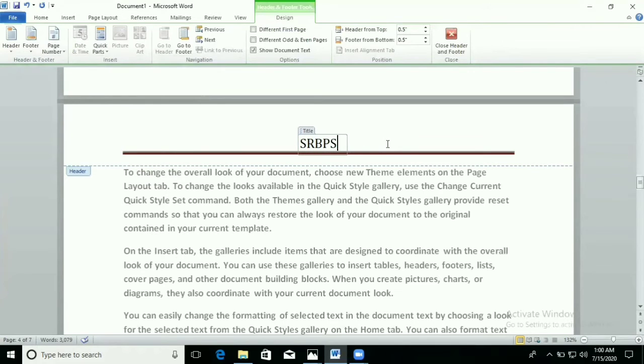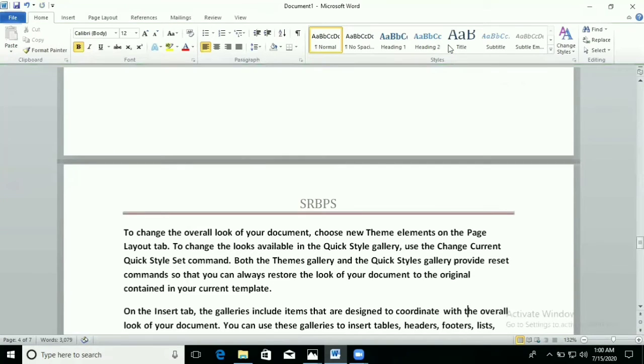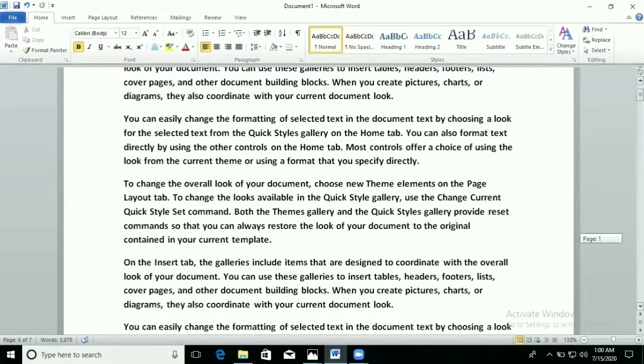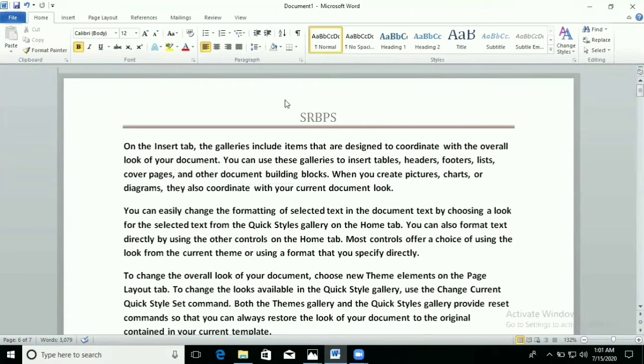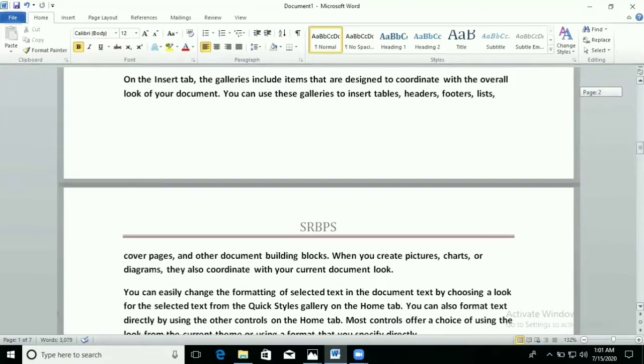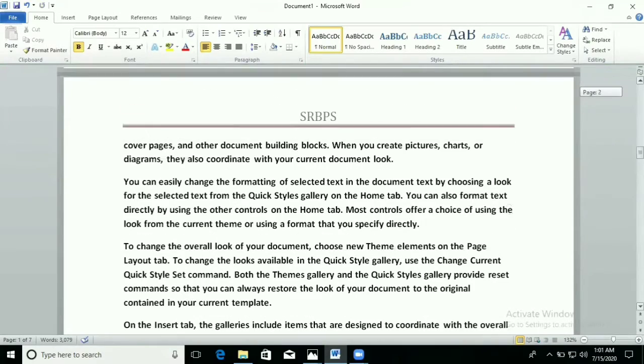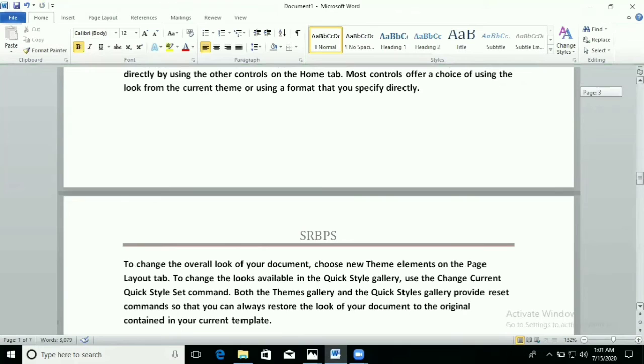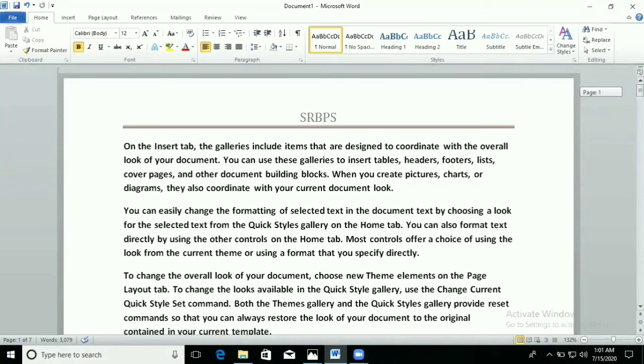And the second method is how to start the header and footer. I'm just closing it. You can see whatever header and footer I have given is applied to all pages of the document. You can see on every page the same header is here. I have given only the header.